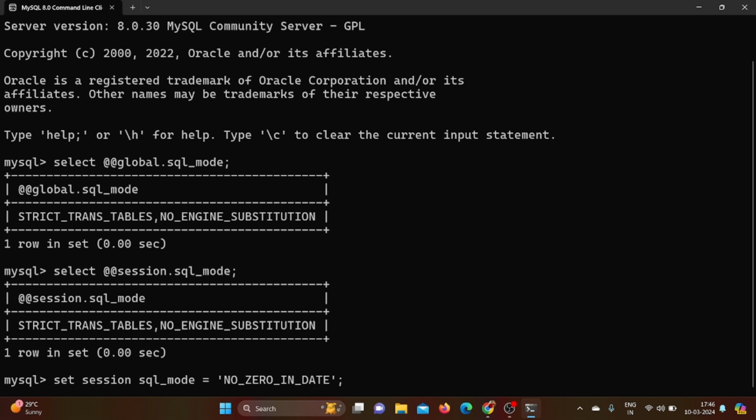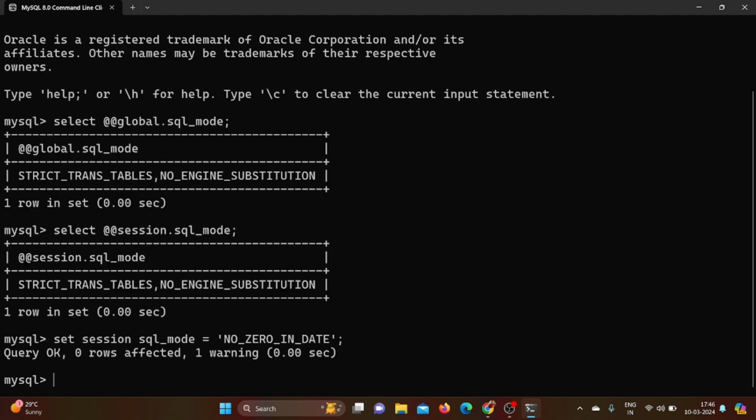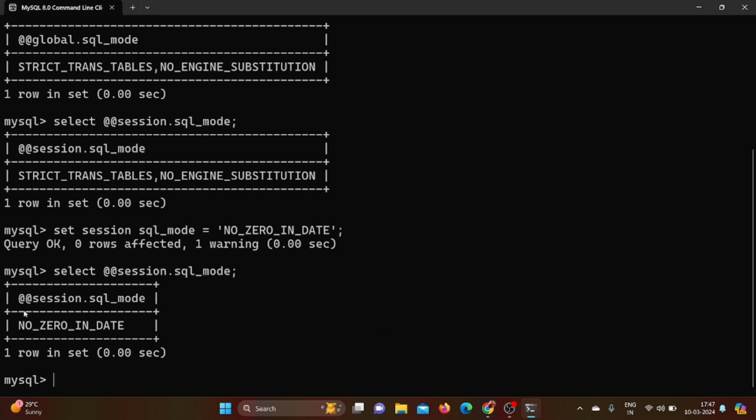So when we fire this particular command, our session SQL mode will be enabled for NO_ZERO_IN_DATE, and we can check it with the command select @@session.sql_mode. So you can see here that NO_ZERO_IN_DATE is enabled right now, and once we enable this particular mode, we can run our particular data for this particular session. Once we exit this session, this particular mode which is set right now will be disabled. So I can show you that with exit,